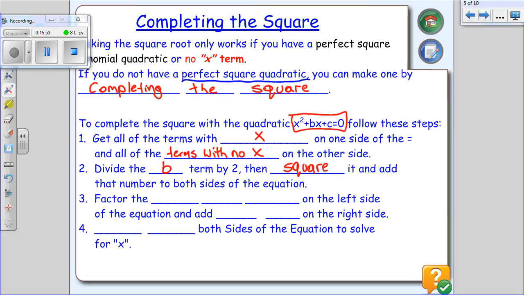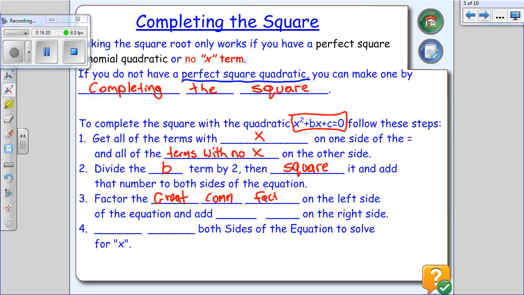All you do is factor it. Oh yeah, greatest common factor. That's what the three blanks are. Greatest common factor is what it's called. You take the greatest common factor out of the left side of the equation, and then